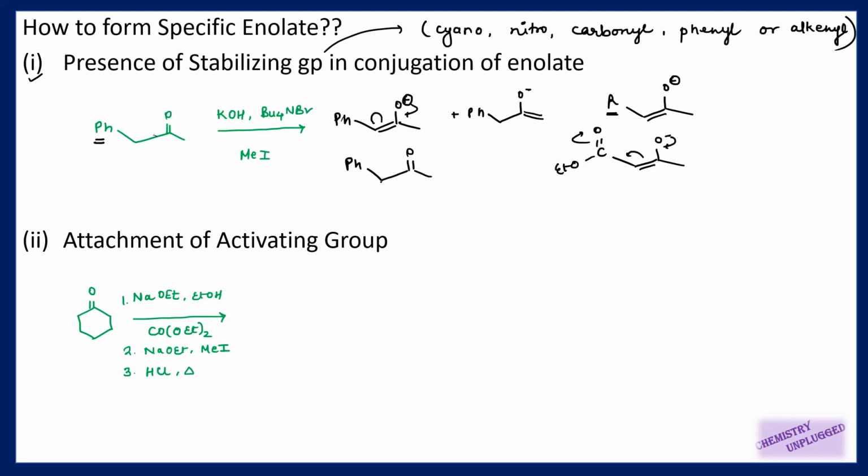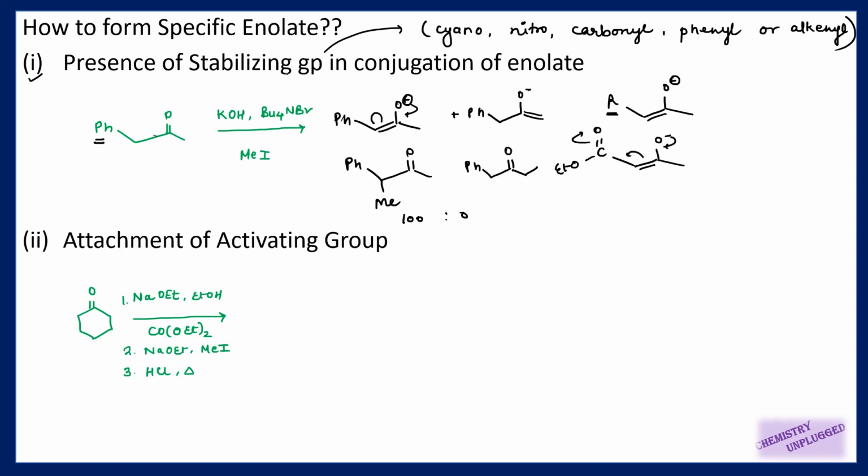So when I do its methylation, I will get a product like this. Or from this enolate, I can have a product like this. But in this particular example, this product is 100% and I will not get this type of alkylation. But for other cases, you can have a small amount of this product also. But the major product will be the one in which your enolate is stabilized by a particular type of group.